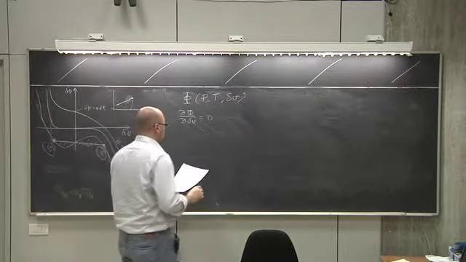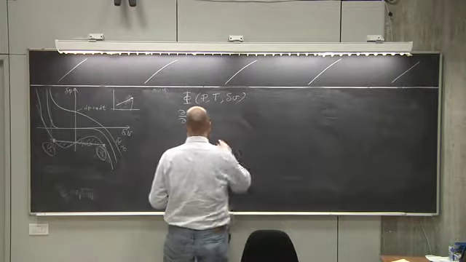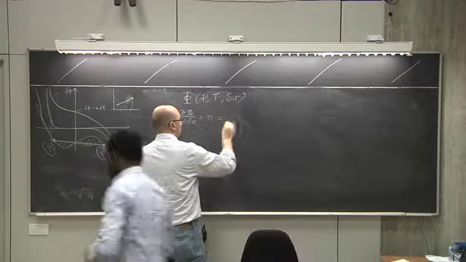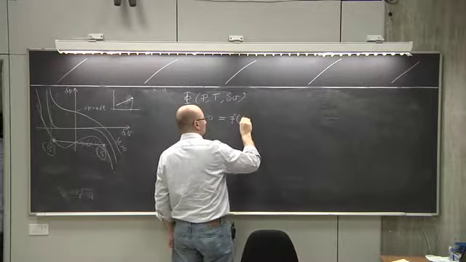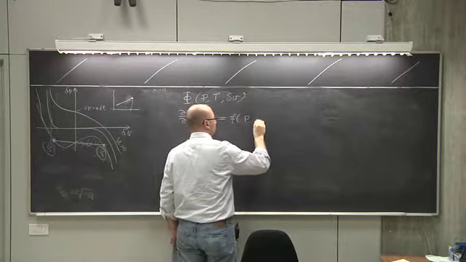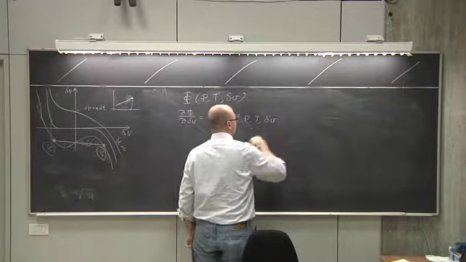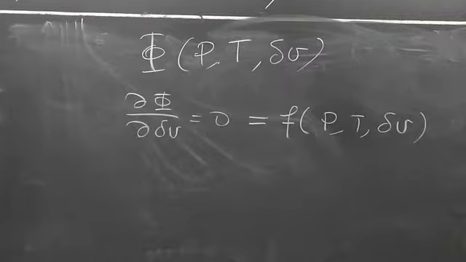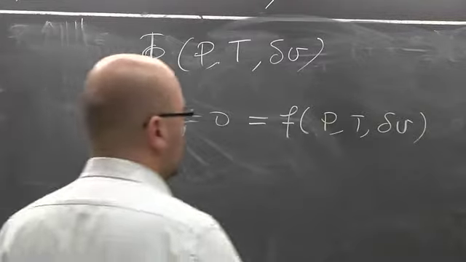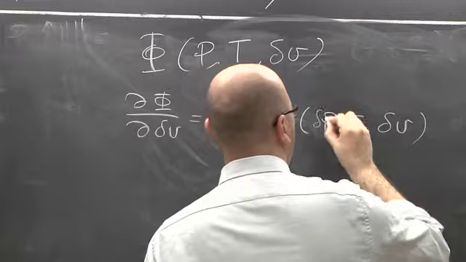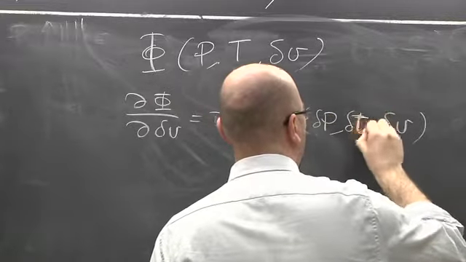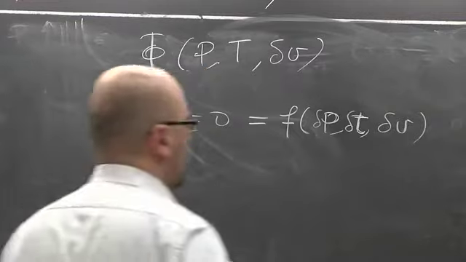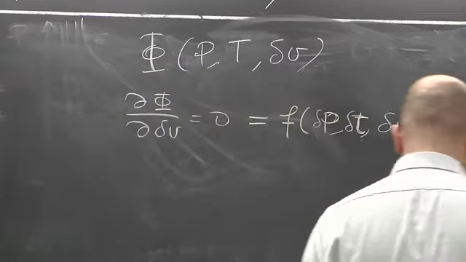So this equation has to be equal to the equation that links the pressure, temperature, and delta V. So if we now use the same coordinates that we have used before, instead of talking about pressure and temperature, we could talk about delta P and delta T. Then this has to be equal to